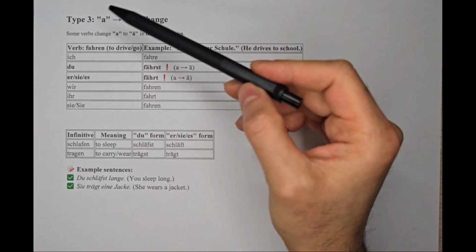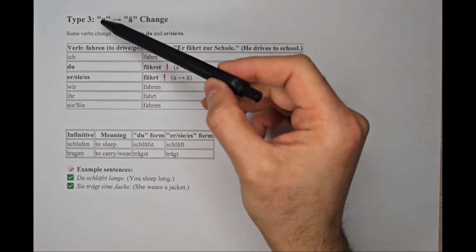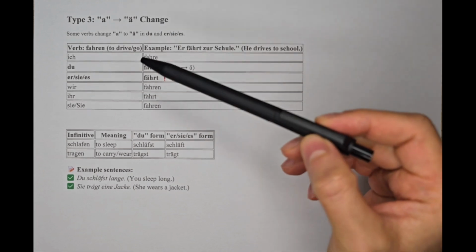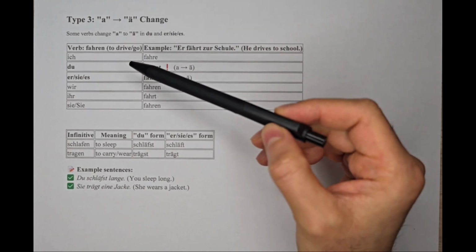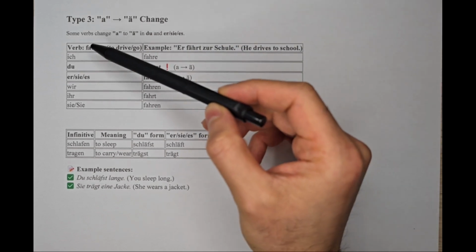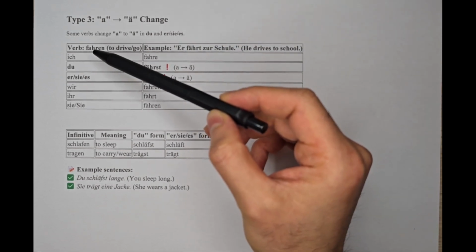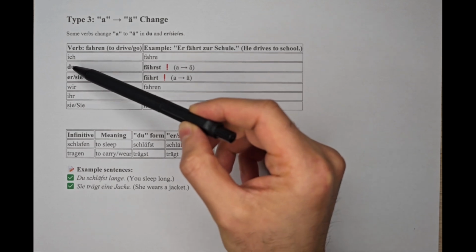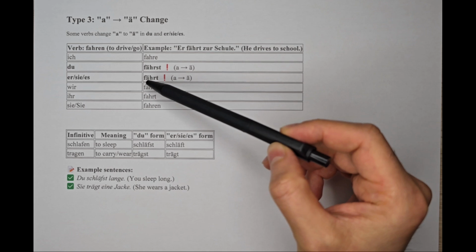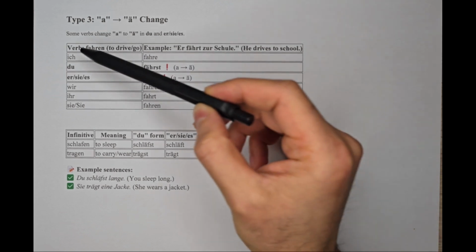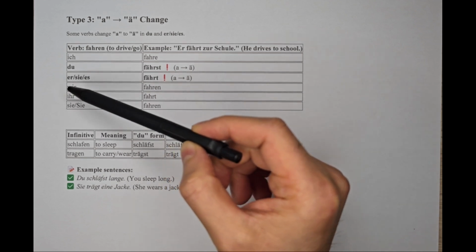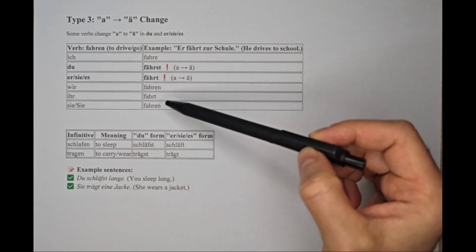The third type of change is that A, or in German Ä, will change into Ä. And this change in some irregular verbs in German is common only also in the present tense. For instance, fahren will change in case of the second person singular as well as the third person singular into fährst or fährt. And first person singular ich or the plural forms wir, ihr, sie, they will have no change.